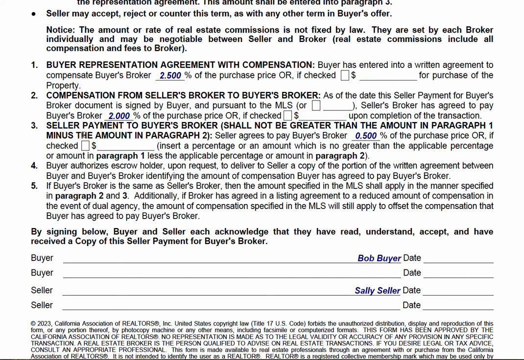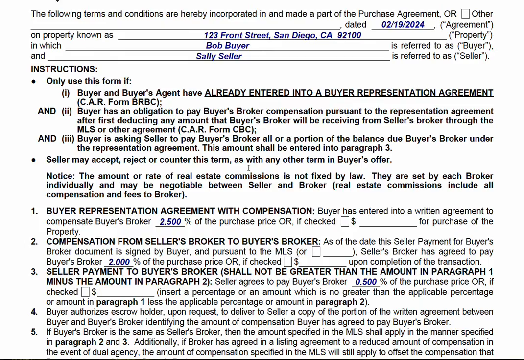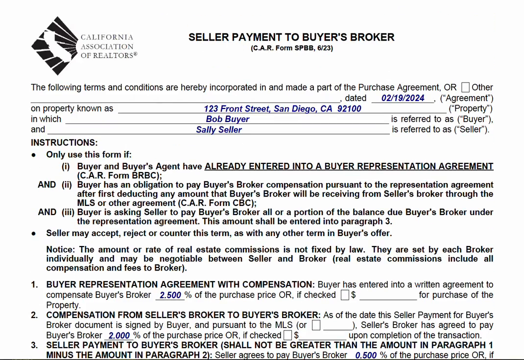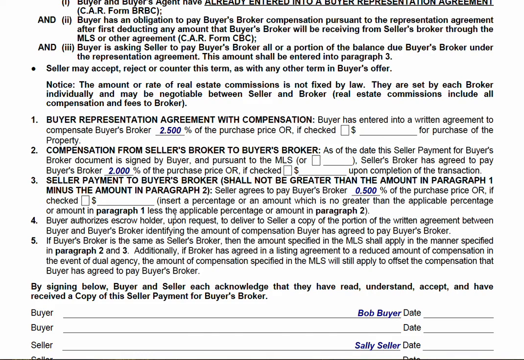It's asking for the seller to pay. And I should say specifically, the buyer's agent is asking the seller pay. That's why this form is called seller payment to buyer's broker. Just to be clear, a listing broker, as it stands now, the listing broker is paying the commission to the buyer's agent. And I know people say, well, the seller's paying, okay, the seller's paying the listing broker. The seller's not paying the buyer's broker directly. That's part of the reason why this whole lawsuit and everything that's going on now stemmed from nonsense,